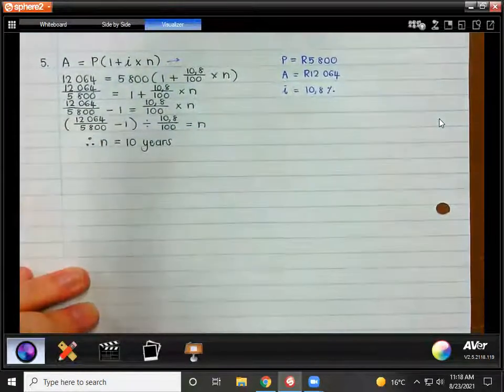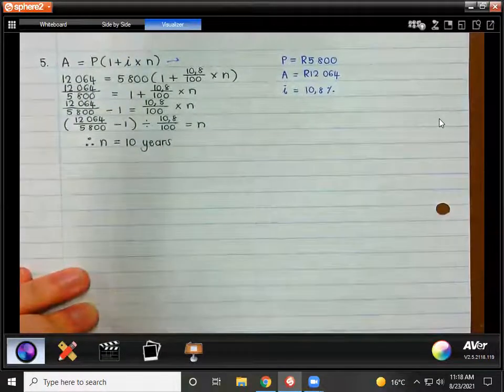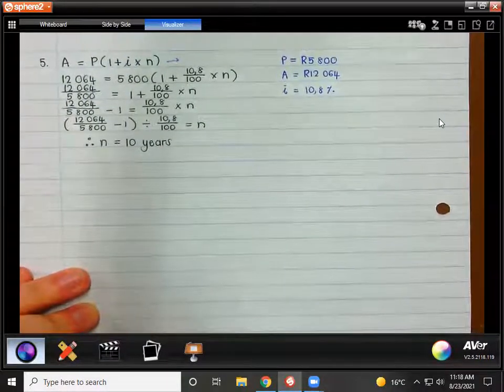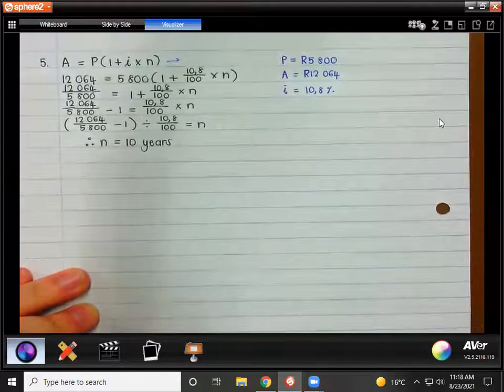And then we start filling everything in. Guys, we're not going to give you these formulas in the test. You need to know them off by heart. If you don't know these formulas, you're going to get 0 for the whole finance section. So please,